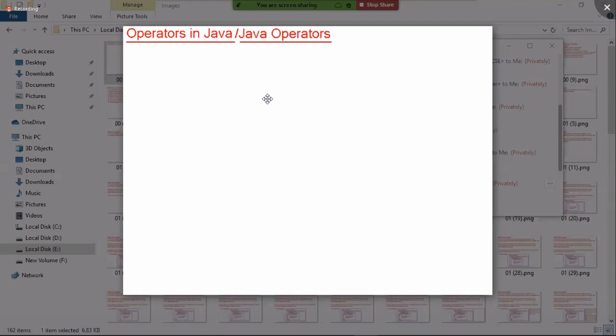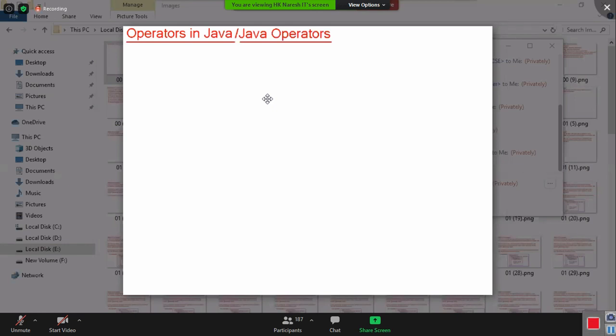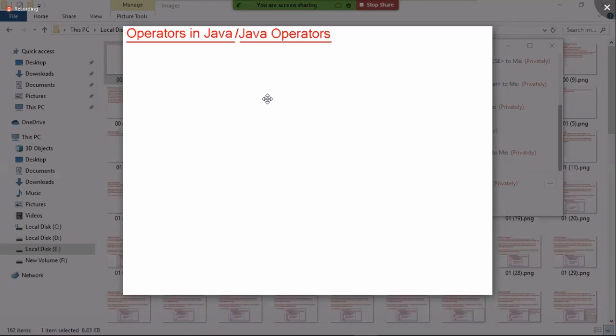So I hope you remember we have discussed language fundamentals. In language fundamentals, we learned that when you plan to develop any program, you have to perform 4 activities. Number one, storing data. Number two, performing validations and calculations. Number three, control the flow of execution. And number four, throwing exceptions if the given value is wrong, to terminate the program execution. This is what we discussed in language fundamentals.